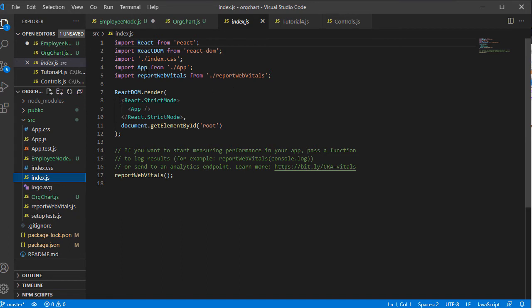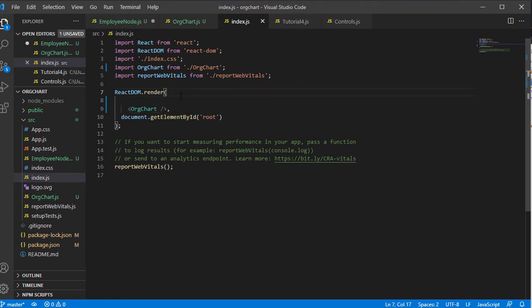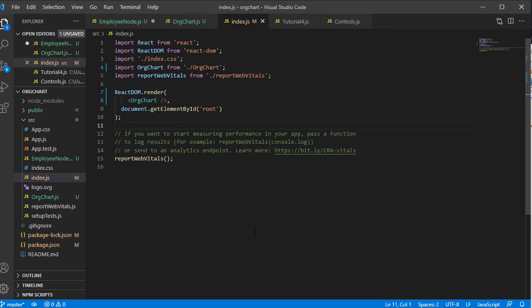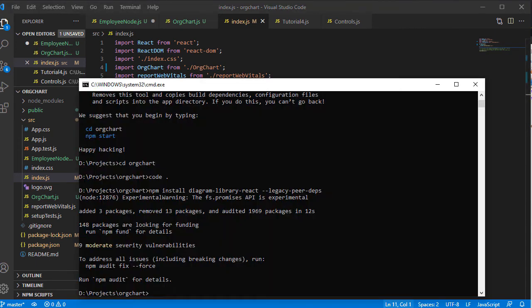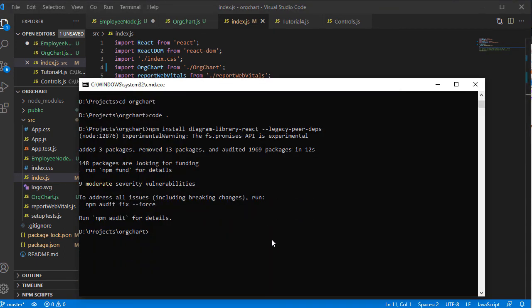In theory, if we place our org chart in the React application, we should be able to see the diagram with our node. Let's see how it turns out.